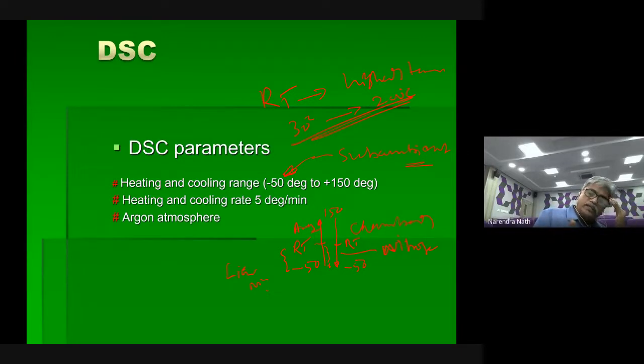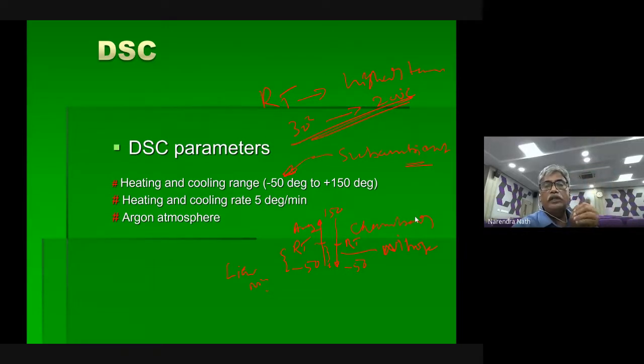They can do it like XRD and SEM. Very quick, they will do. But the case is like this. In our case, it is subambient. So then you should tell the range, at what range you are thinking. If you say minus 150, it takes a longer time to reach minus 150, and from there again to room temperature, then again going up. That's why you should specifically tell, to save the time.